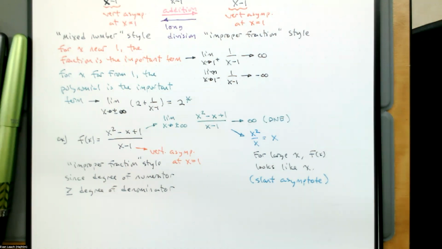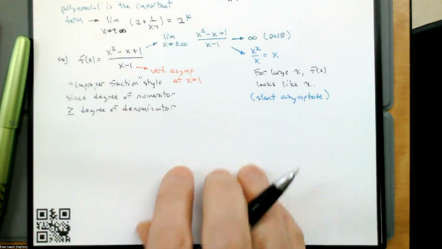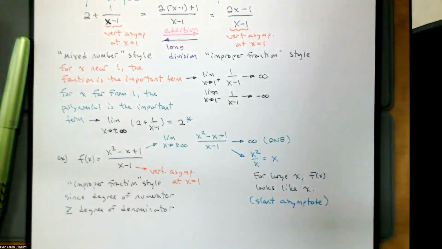There's a mixed number style. We get there through long division. And the long division works exactly the same way as long division always works. So if we do long division,